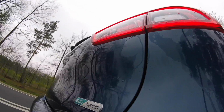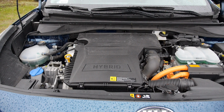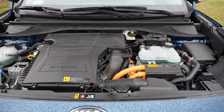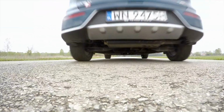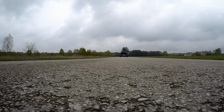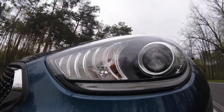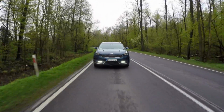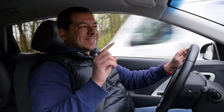A few words about the hybrid drivetrain in Kia Niro. A 1.6 petrol engine works with an electric motor to give boost or to lower fuel consumption when the computer thinks it makes sense, like during coasting or when the car starts moving. This is not a plug-in hybrid, batteries charged with energy recuperated during coasting or braking. As a result, Kia Niro should use less than 4 liters per 100 kilometers regardless of the cycle on 16-inch